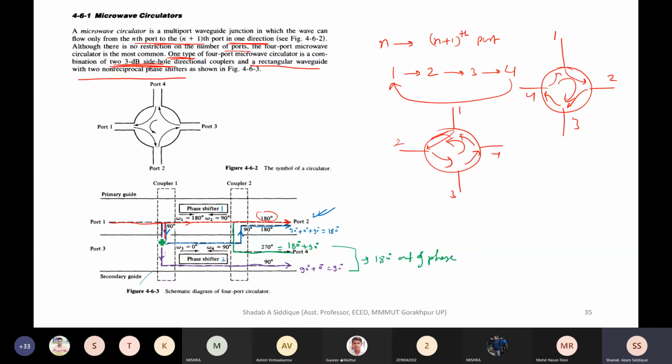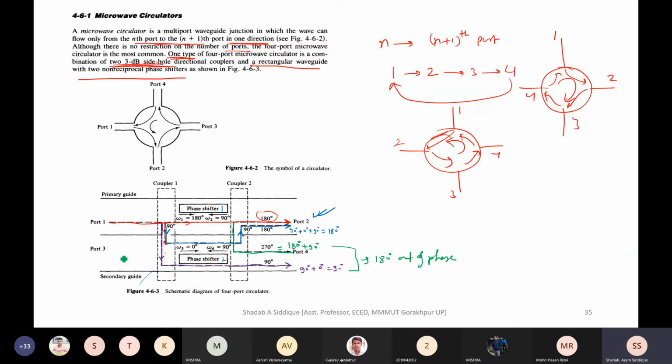We are having the input from port 1, and the wave which is coming in will be 90 degree from this direction, and the wave which is coming from 180 degree again leads to omega 4, which is called 90 degree. So here we are having the 90 degree which is coming from this point, and we are having the wave which is coming from this point. So that will have the 90 degree. And this will also be 90 degree, and again we are having the 180 degree phase shifter. So you can see this.